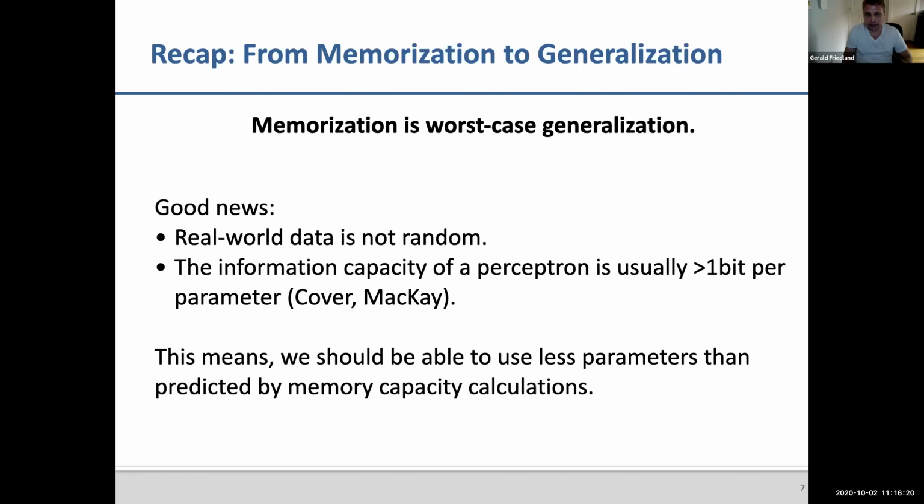And then, because uniform randomness doesn't exist, so basically even from what you think is uniform randomness. And then the other good news is that, by default, the capacity of a perceptron is not just 1 bit, it's 2 bits per parameter, right? So as you add more attributes, it'll actually get closer to the 2. And the reason why I introduced memory equivalent capacity is because I want to guarantee, right?